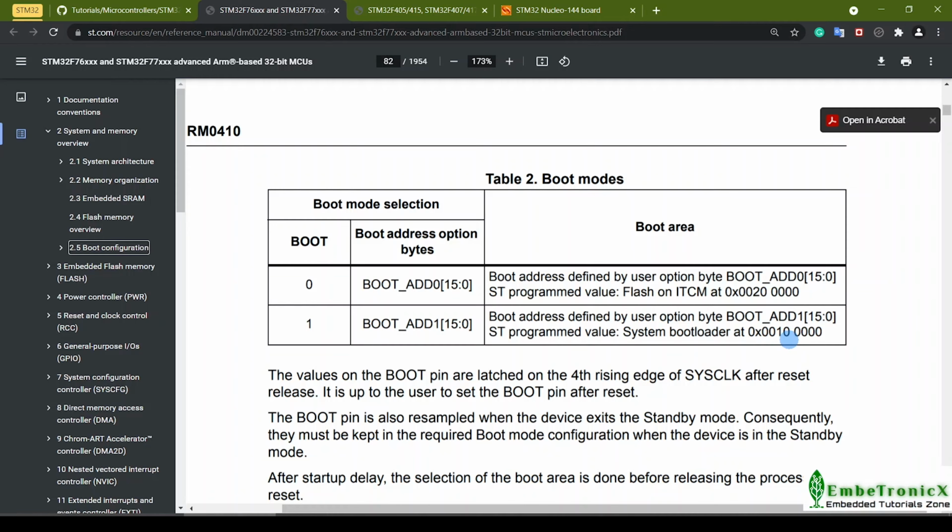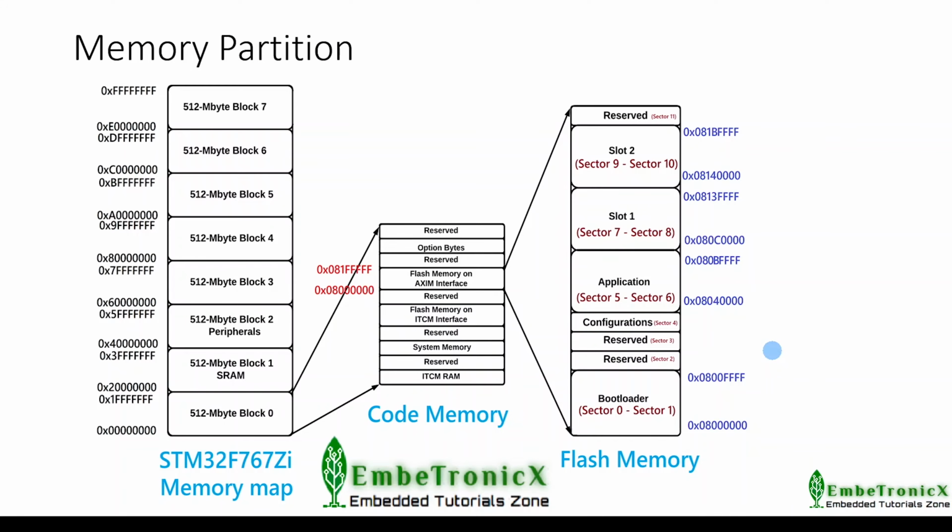Okay. Now, I will explain how I have partitioned the flash memory. I have 2 MB of flash from 0x08000000 to 0x081FFFFF. As I am using the flash memory as a single bank, I have sector 0 to sector 11, totally 12 sectors.